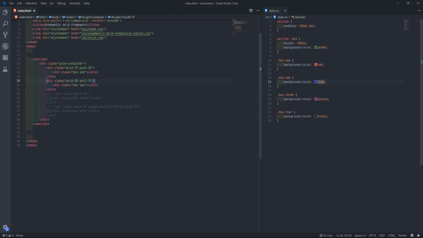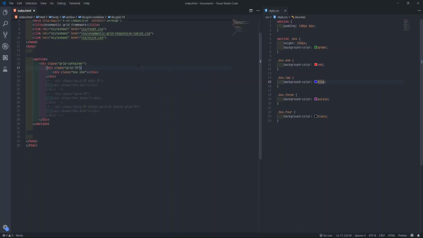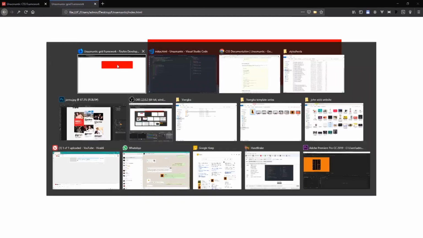Okay, so what happened here? This grid 75 now, and this push 25 now, it amounts to 100. See, I'll comment this one out. I'll remove this one. The answer will just get 75 here now, so there's one invisible space there, which will be the 25. So what do we do now? If we put that push 25 here, what this thing does is, if they push this one here to the front, then they put that 25 in this corner here.